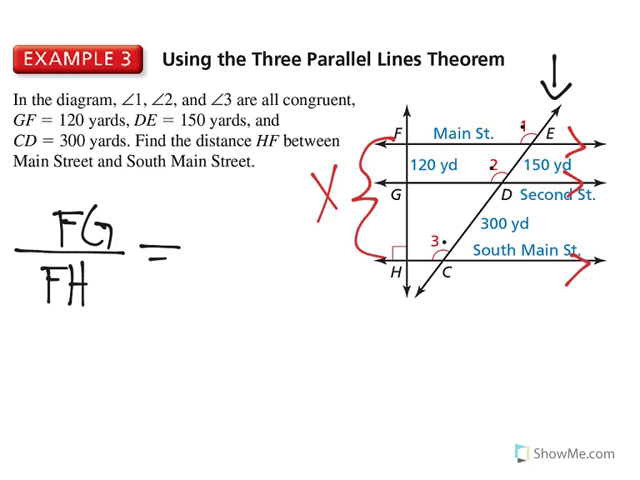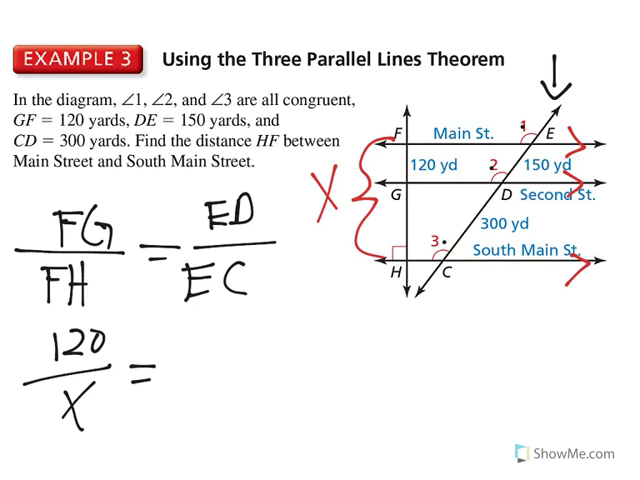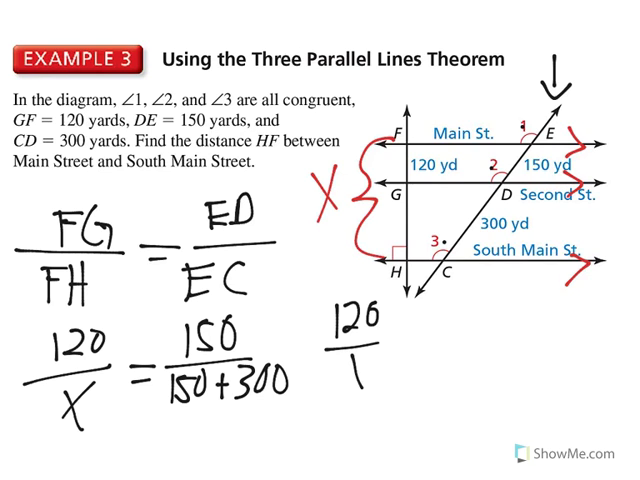Now I'm going to look at the other section on the other transversal, so I can do ED is the top part there, over the total for them as well, which would be EC. So if I plug my numbers in, I get 120 over X, what I'm looking for. ED is my 150. And then EC, I just need to add it up, so I would do 150 plus 300. So if I go to simplify these, I still have 120 over X equals 150 over 450. I'm going to cross multiply to solve, so I get 150X